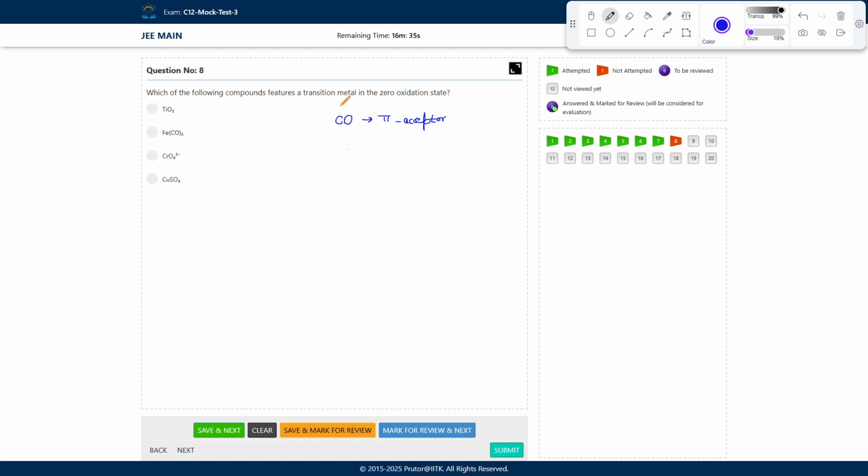That means the transition metal, when it forms a complex with a carbonyl-like ligand, which is going to act as a pi acceptor ligand. Remember, we have seen the synergic effect when the transition metal forms the complex with the carbonyl ligand. So this is going to behave like a pi acceptor, due to which the transition element is going to be stable in the lower oxidation state or zero oxidation state in the presence of the carbonyl ligand. If I tell you in detail,